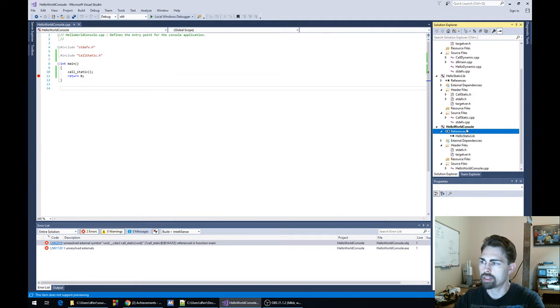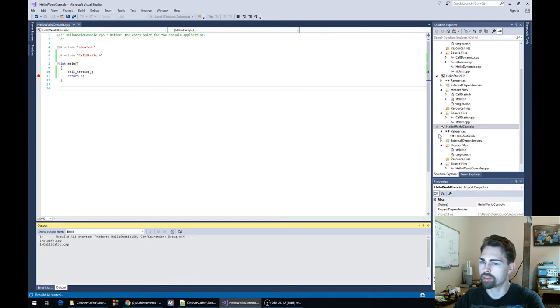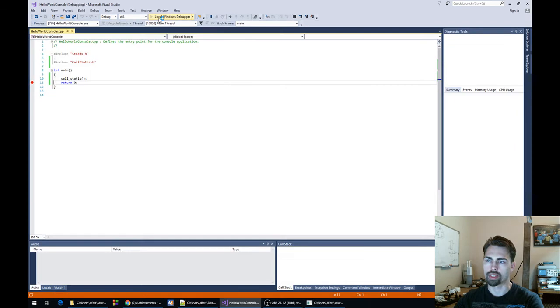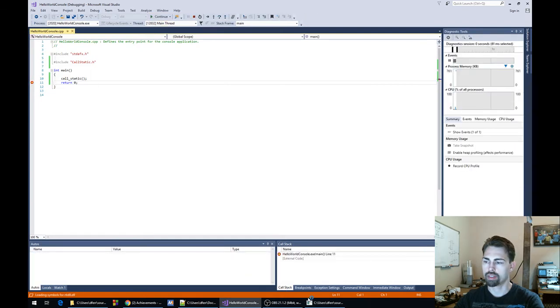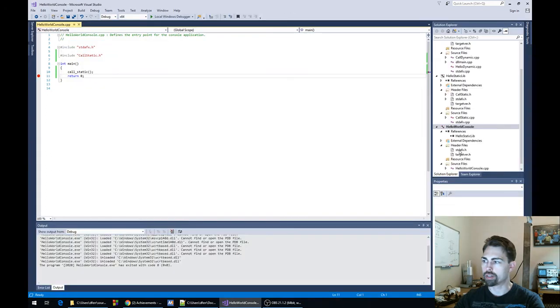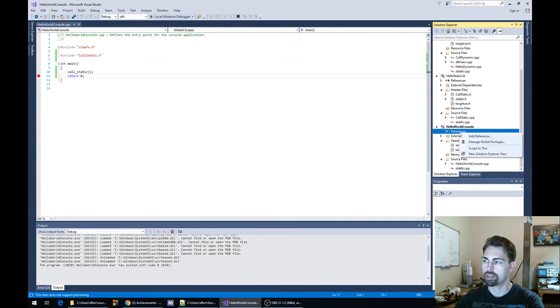Set that. I think this will build. Yeah, so there's two ways we could have done that. There's this way that I just did. If I run it, you can see it says hello static world. And then the other way that we could have done it is instead of doing this reference here, we could have